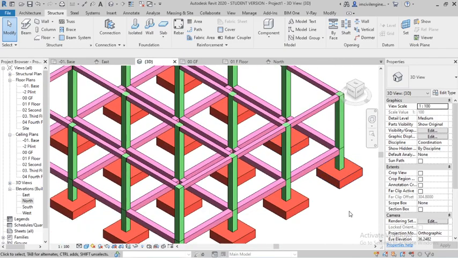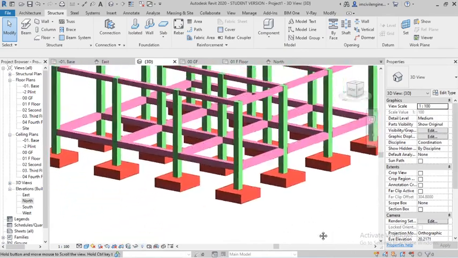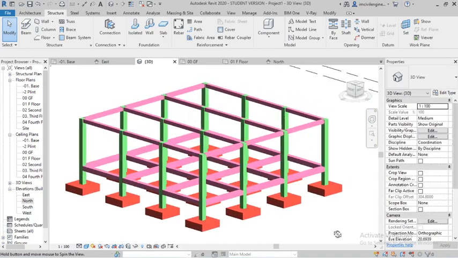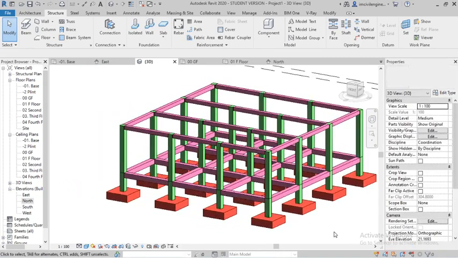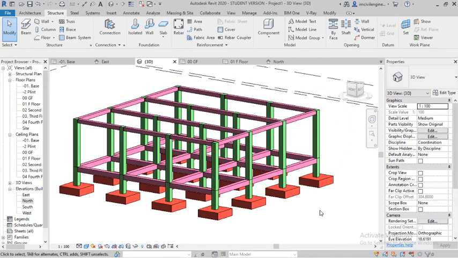You can observe that I have created the beams and columns, using visibility graphics also. Footings, plinth beam. So in the next class I will create the walls. Okay. So today is enough. In the next class I will create the walls. Okay. Thank you guys. Thank you for watching.